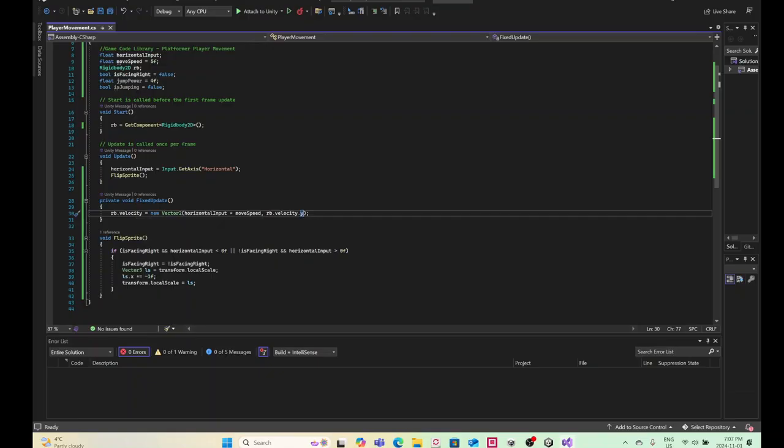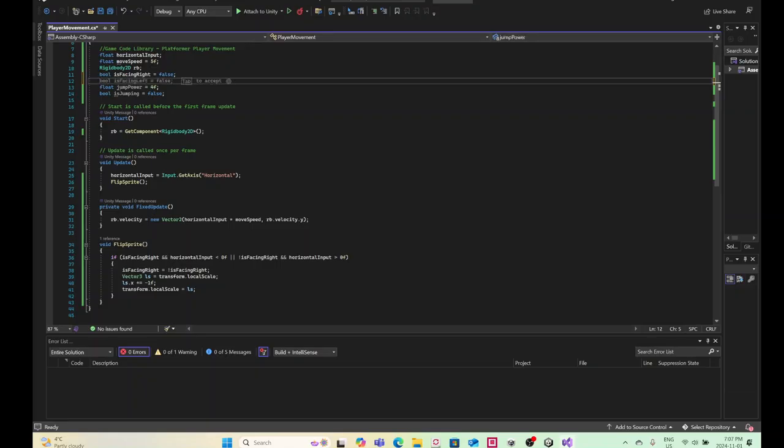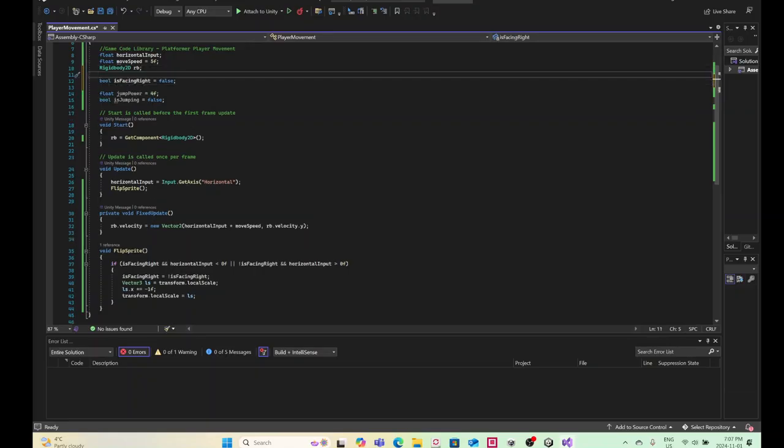RB velocity equals horizontal input times move speed. Oh, okay, I see. So this here is the x value, comma, the y value. I think that's it. Okay, so after that was the jumping, which is these two. So in the update function,